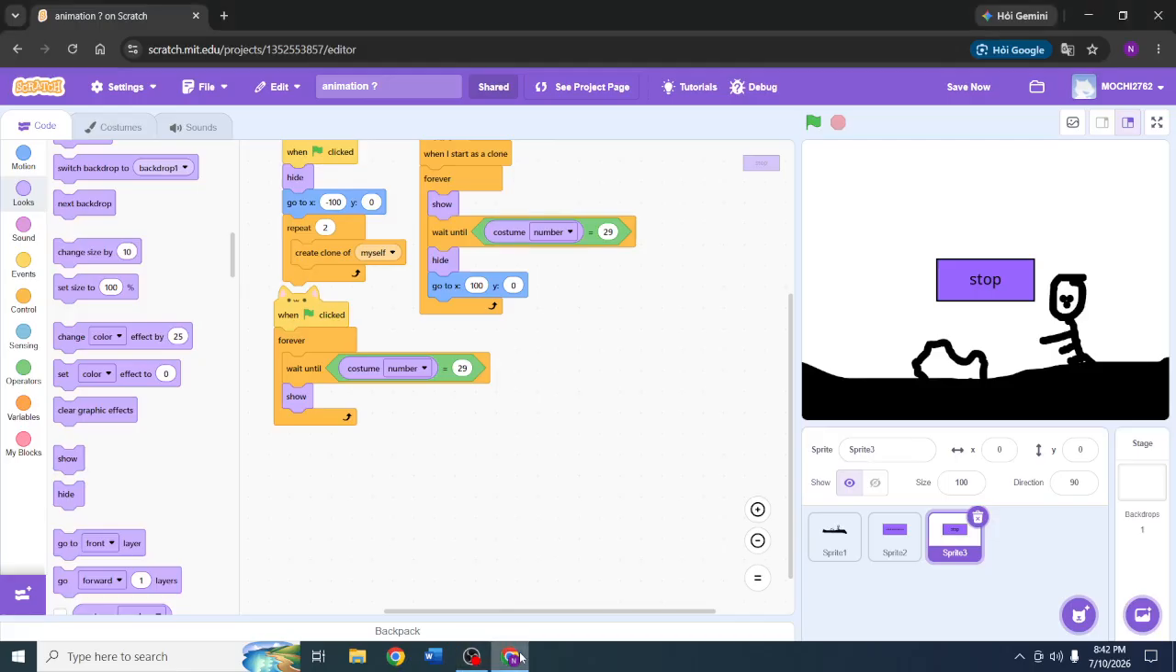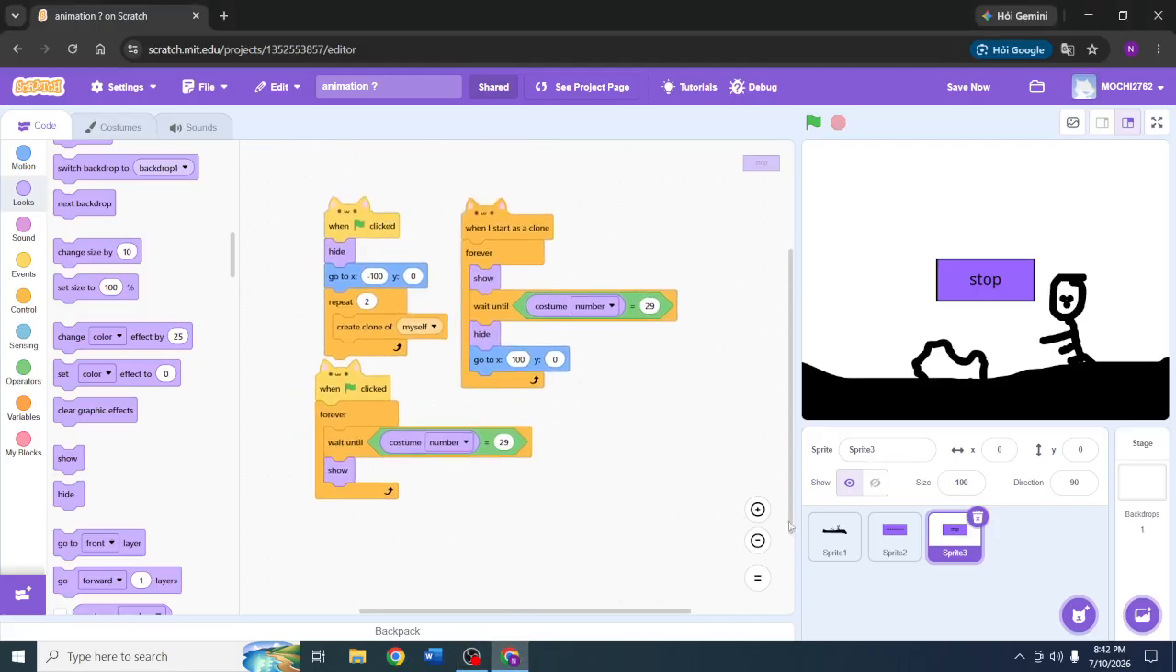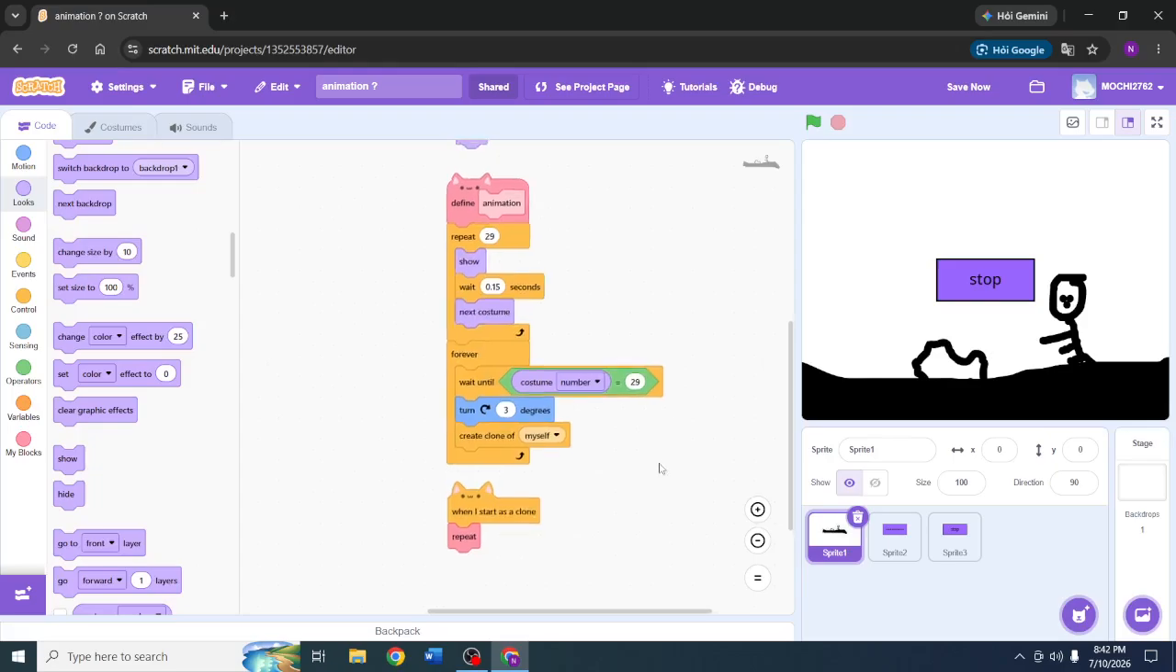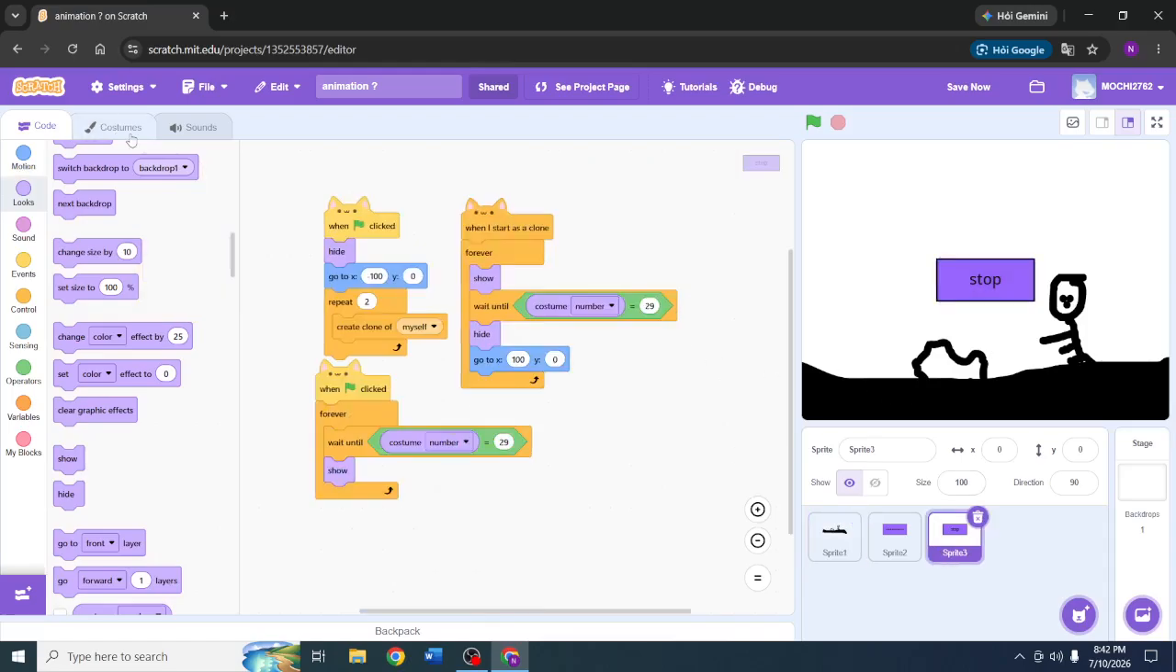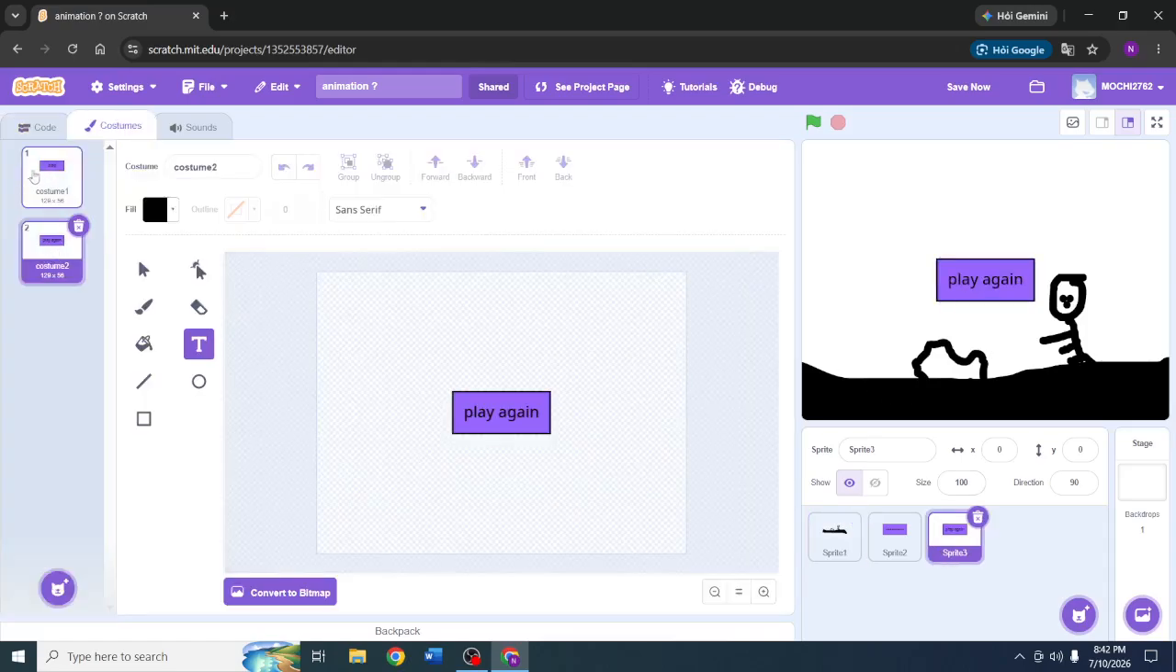Hi, today I'm gonna make more buttons. Since I was working, I did a little bit of changes, so don't worry. So I just added a hide here, and then I create another sprite, and I just put these two, and